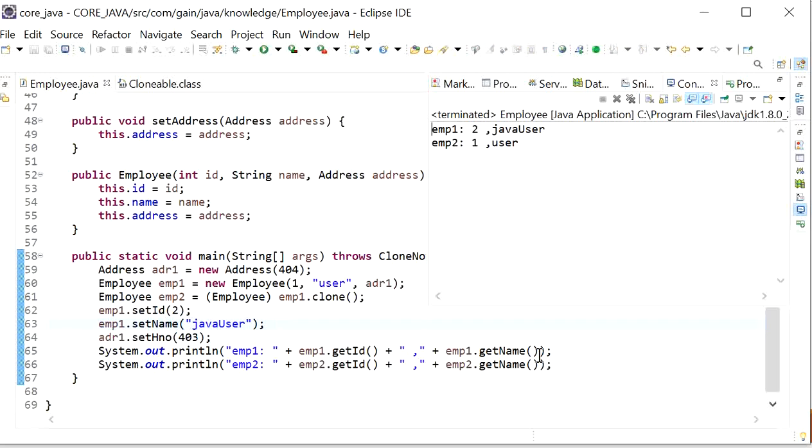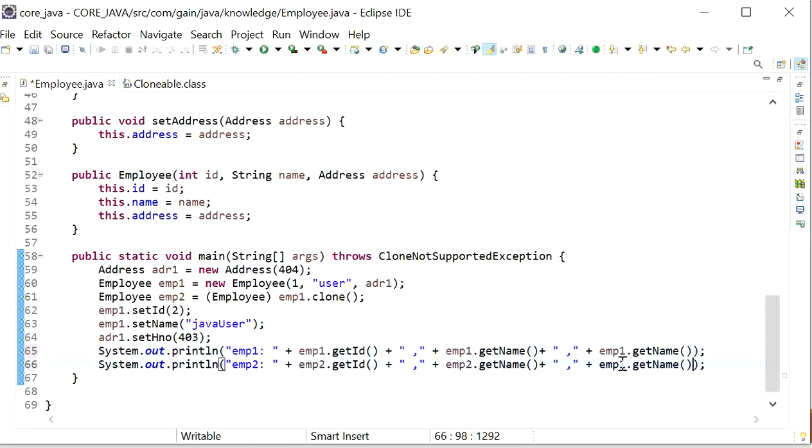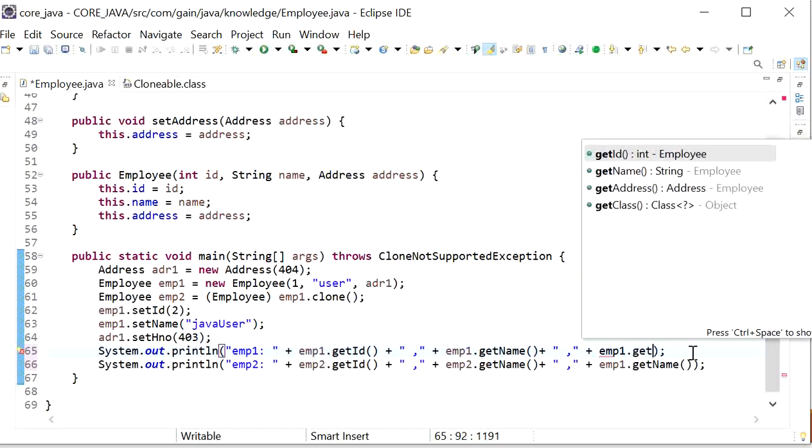First we need to print this, and here I will just print employee1.getAddress().getHouseNumber().